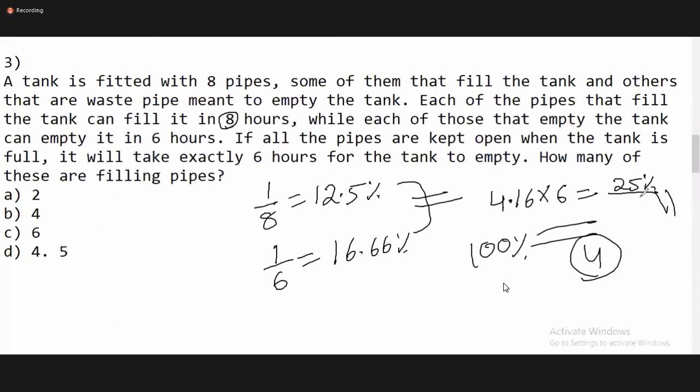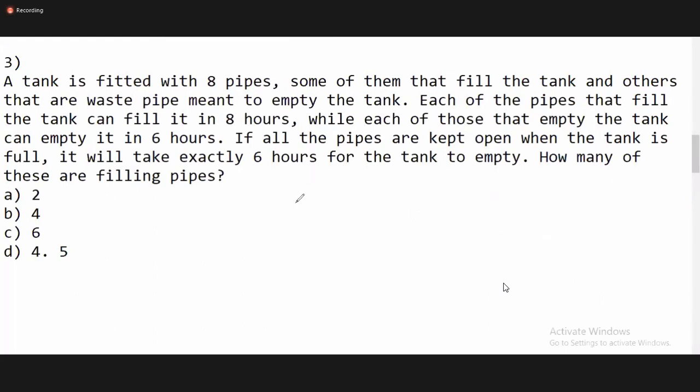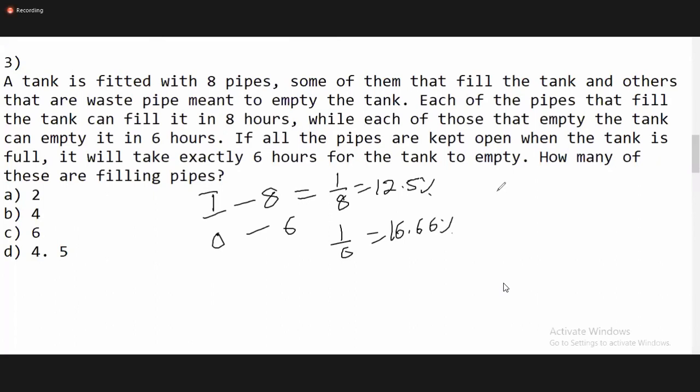Boys and girls, if you want me to explain this, I'll explain one more time, but I want you to know this. Please understand the nice logic. Inlet pipe is 8 hours. Outlet pipe is 6 hours. So 1 hour work is 1 by 8, which means 12.5%. 1 by 6 is nothing but 16.66%. So the difference is what, Nana? 4.16. So 4.16 in 1 hour. In 1 hour, it is emptying 4.16% of whatever the water is there.